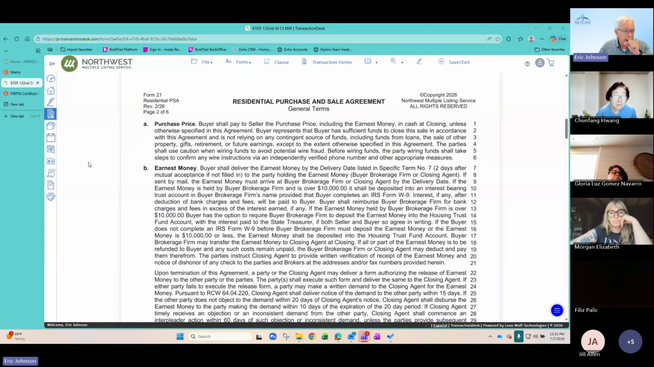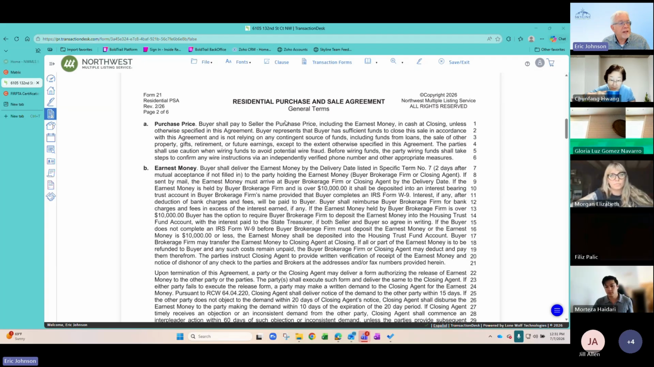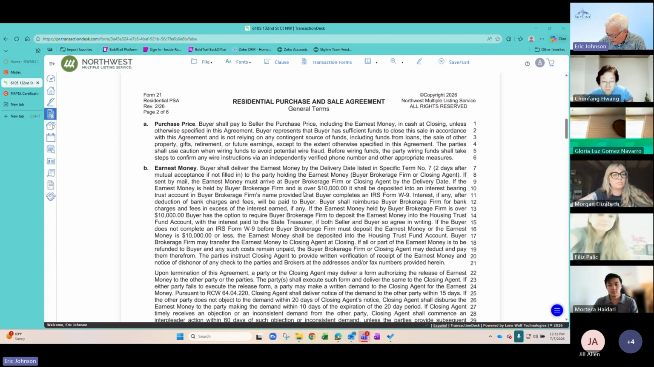Looks like we're good to go. So now we're going to move on to page 2 of the PSA. And the big thing here is just to note the term general terms. These are terms that aren't intended to be changed. And part of the reasoning behind that